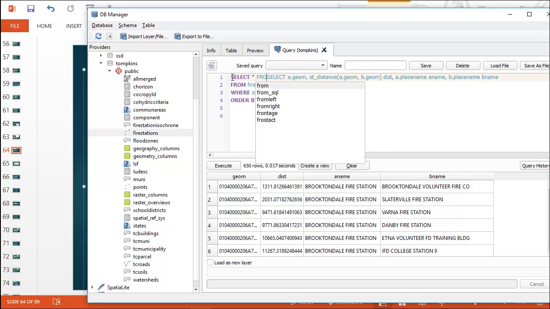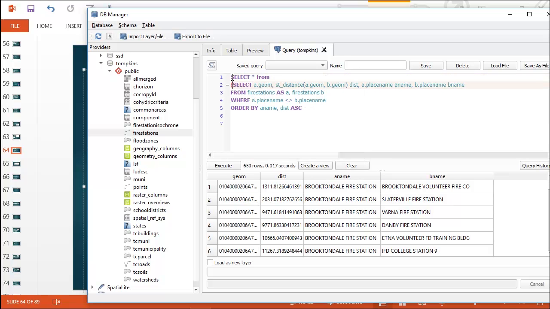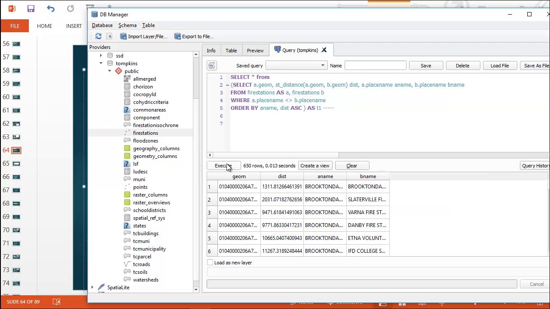Select star from, and let's just wrap this up as T1, table 1. Okay, same value, but now what I want to do is get a name. So the place name for the fire station I called a name, and I want to get the min dist because I've calculated the dist, and then I want to come down here and say group by a name. So this is again an aggregate clause, and for every fire station I want the minimum distance,